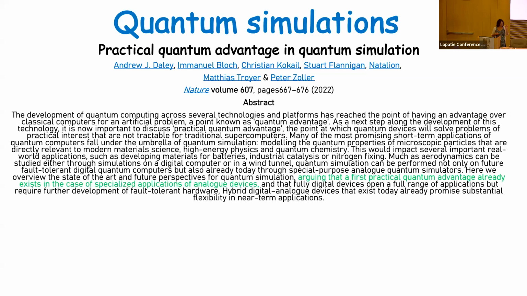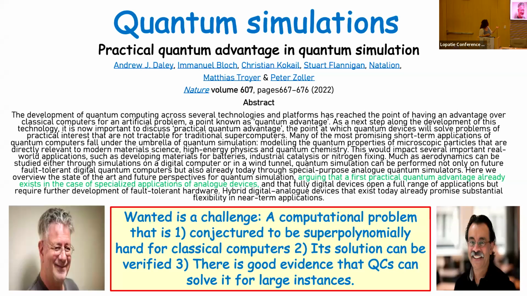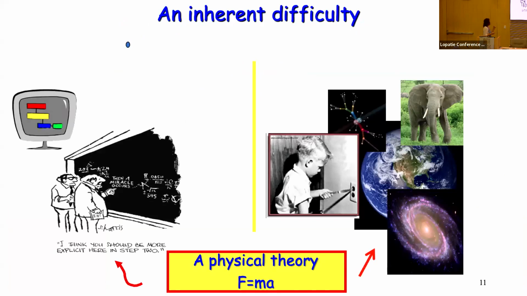But this is an indication of the very strong confusion about the notion of quantum advantage. If we really look at what they mean by quantum advantage, they actually mean that they can simulate physical systems that they don't know how to simulate otherwise. They simulate that by quantum computers, but there's no answer to the first challenge in these 3 wanted requirements. In particular, there's no problem that they can pinpoint that is conjectured to be hard. Okay.